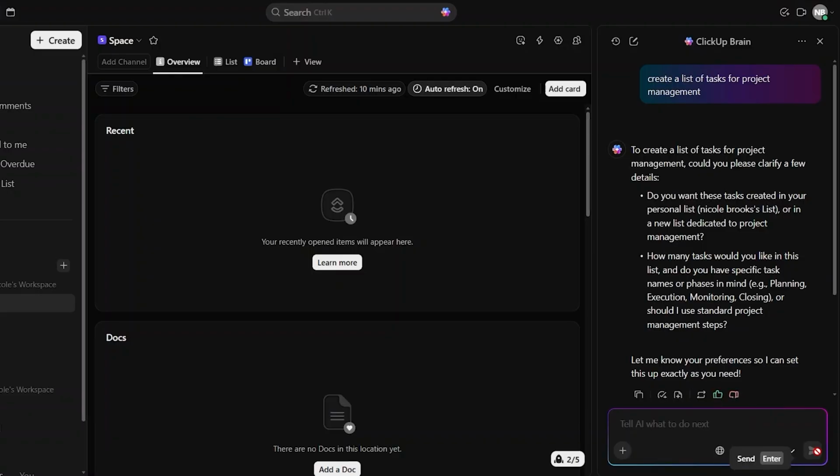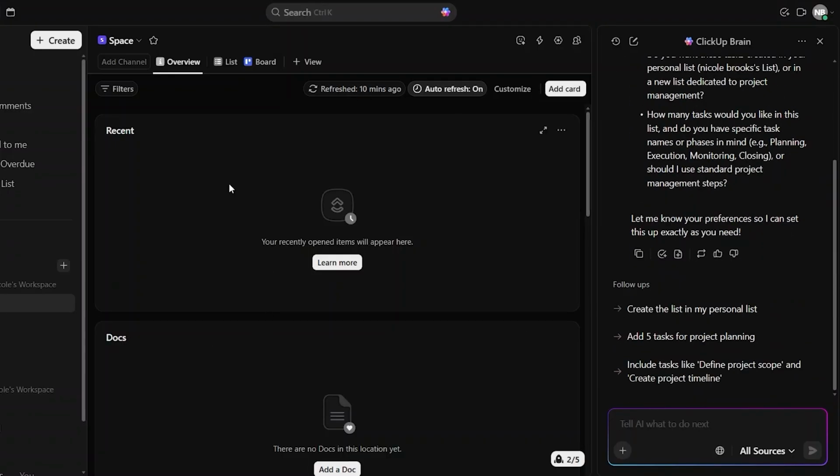So I've just asked the AI to give me a list of tasks that I need to manage my project. Now over here, it is going to ask me a few questions. It is going to create a list of tasks for project management, and it needs some clarification. Because I don't have any kind of titles given or a lot of data over here, it's kind of